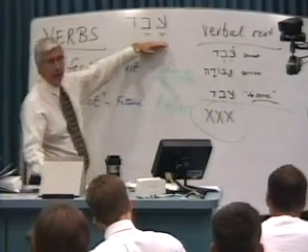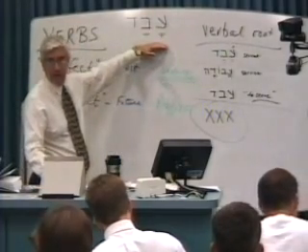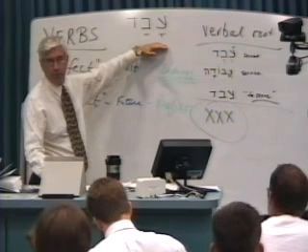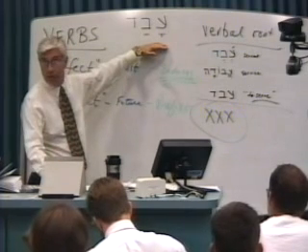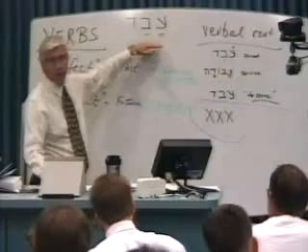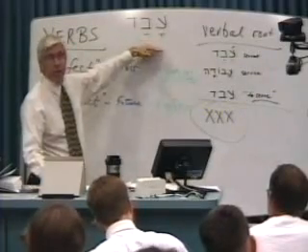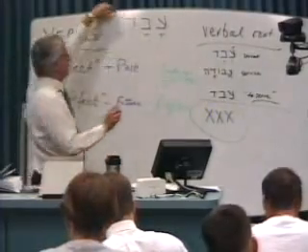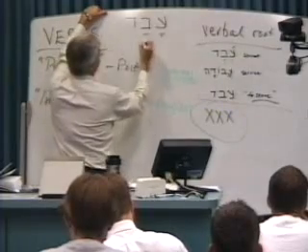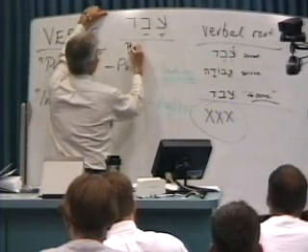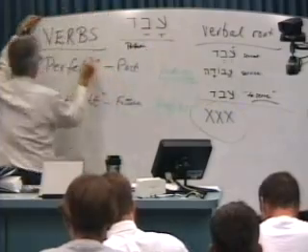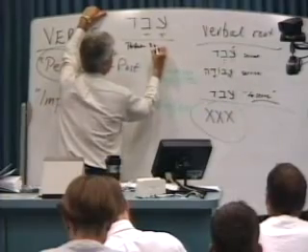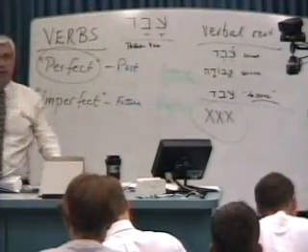This vowel pointing, however, the minute we add vowels so that we can say the word, and instead of spelling it ayin, beith, daleth, we can now talk about a verbal root avad. Now we've said the word. You hear it? Avad. But the minute we've done that, we've made an actual verb form out of it. Because the minute we've added these vowels, we have turned the root into the form of the perfect, which is the tense we're looking at. And as it turns out, this is the 3rd singular masculine form of the verbal root